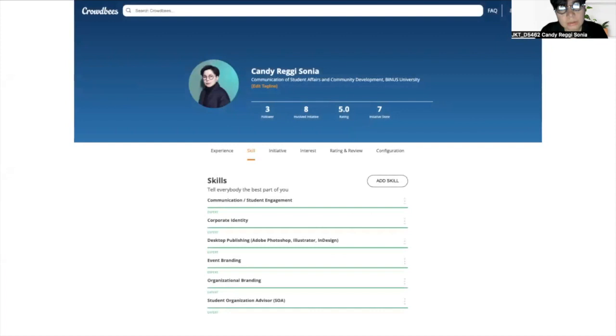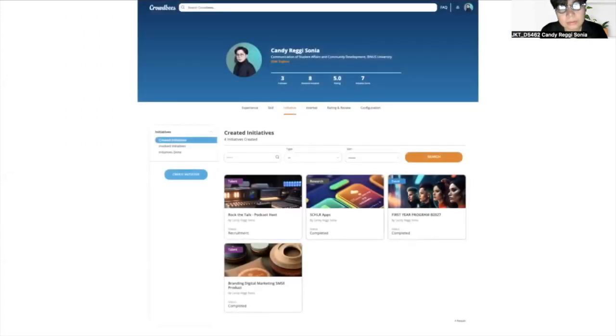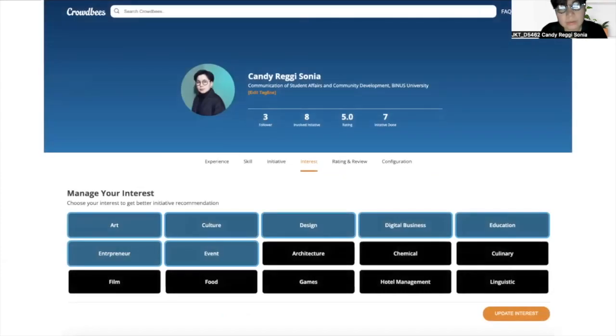And this is about skill. We can fill in our skills, like communication, corporate identity, and others. And this is about initiative, where we can make some projects, and they will show on this page. And this is for interest.